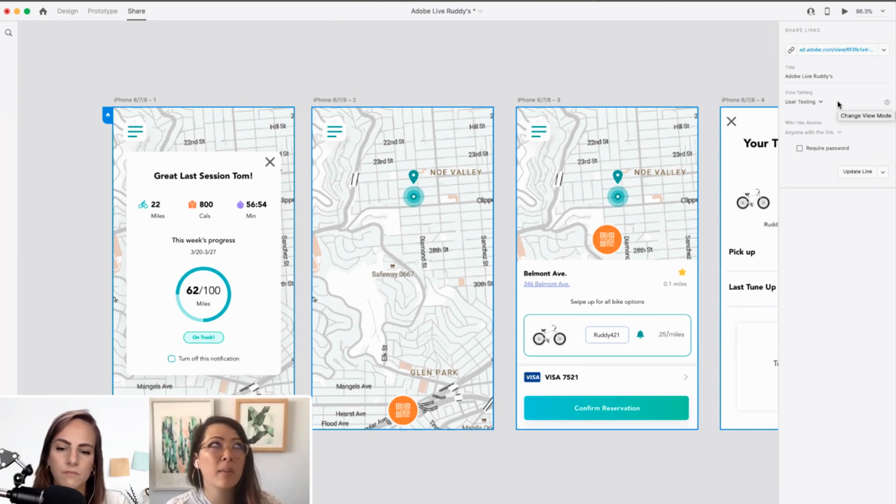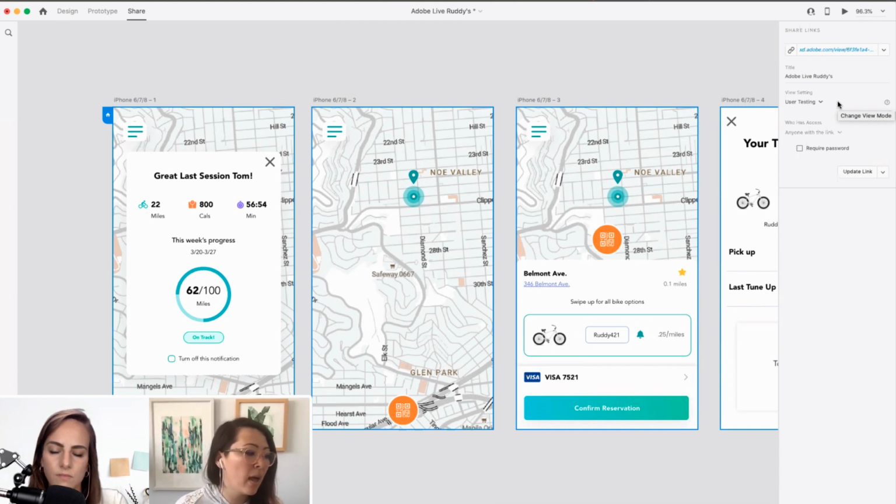If it's an app for maybe a personal project, I would probably start with surveying people who match my persona criteria. So if I'm trying to user test this app, I would start with my friends and family. I'd say, hey guys, anybody can fill out this survey. It should only take 2 minutes for you to let me know a little bit about your biking experience, or whether you are someone who uses Bird or a biking subscription. And from those survey results, hopefully you can get a decent amount, 20, but up to 100 is ideal.